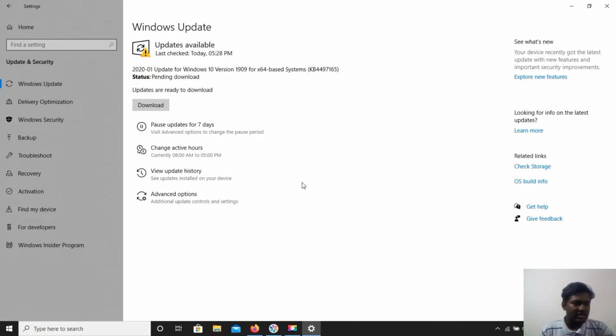The other question is, how will I know what updates are available for my machine? Just click on check for updates, and it automatically lists out the available updates for your machine. My machine is currently running 1909, so it suggests version 1909 for my machine. If you are a user using 1903 or 1809, it just suggests the updates for your PC. Also, you can see what updates you have installed in the past by clicking on view update history.